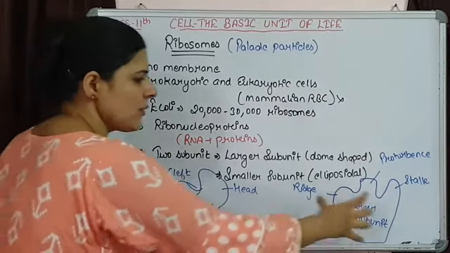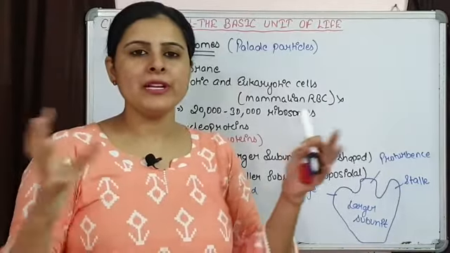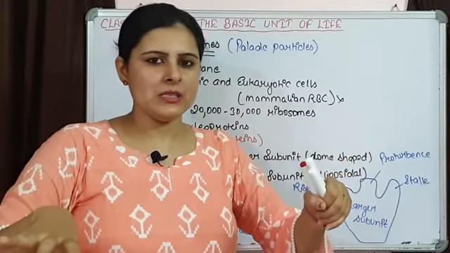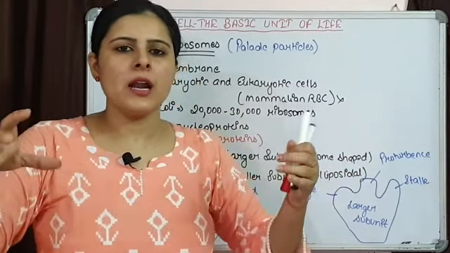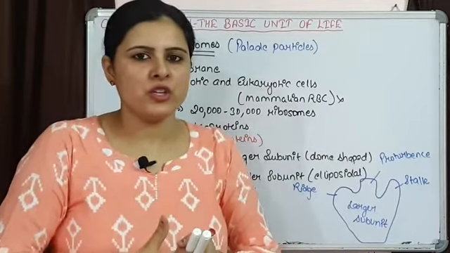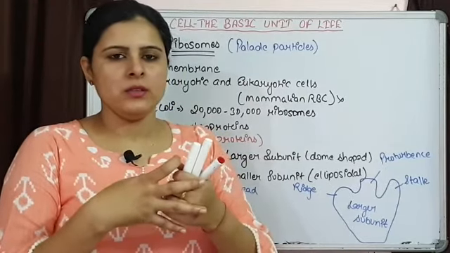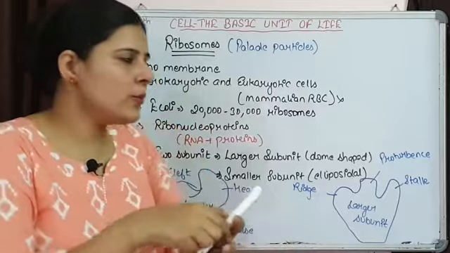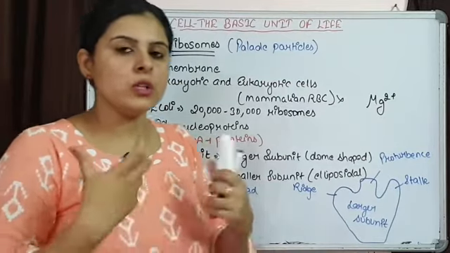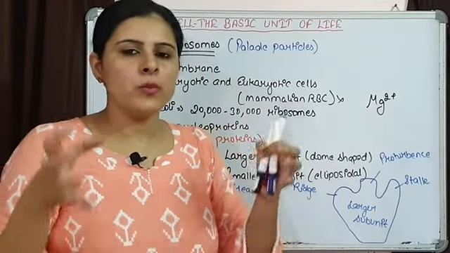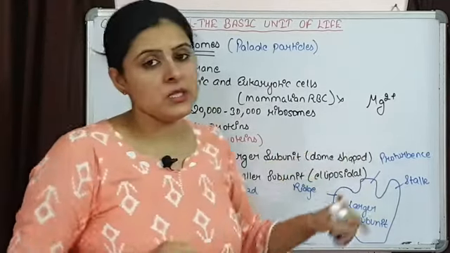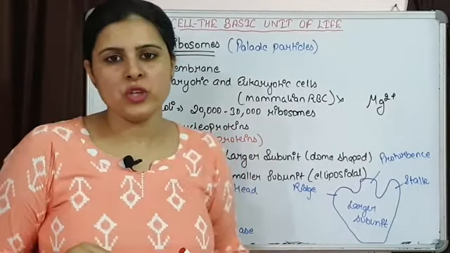So this is how these subunits are present, and during protein synthesis these subunits are going to fit. पहले ये सेपरेट रहती हैं जब तक प्रोटीन सिंथेसिस नहीं हो रहा है. जैसे ही प्रोटीन सिंथेसिस स्टार्ट होगा, these two subunits are going to fit inside each other and they will be functional. For their attachment, the smaller subunit attaches with the larger subunit, and for this attachment there is a requirement of magnesium ions. The more magnesium ions are present, the more ribosomal subunits are going to bind with each other. So magnesium is very much required for the attachment of smaller and larger subunits.